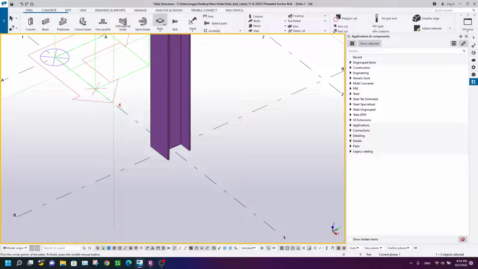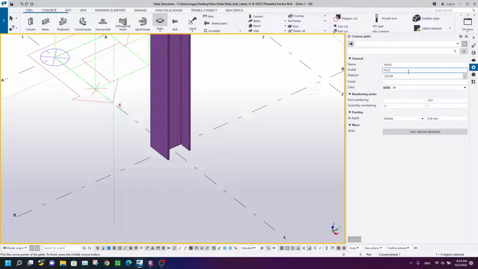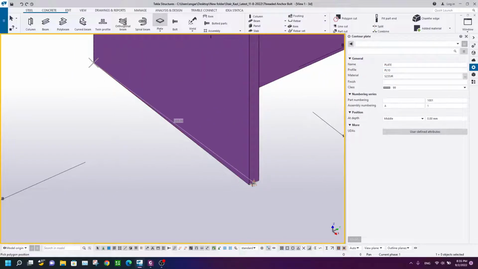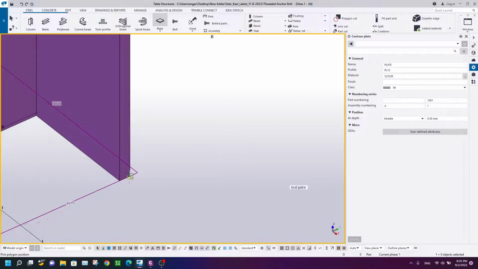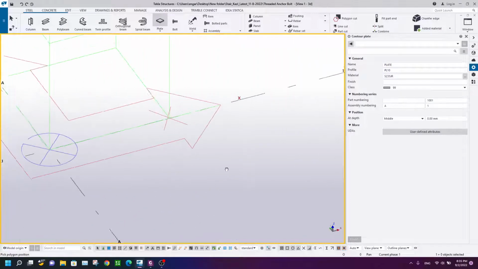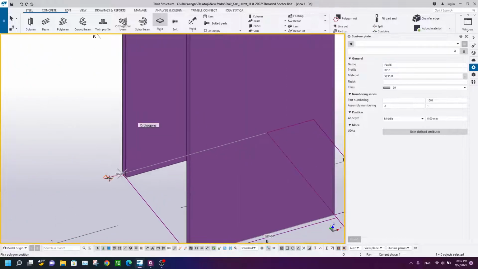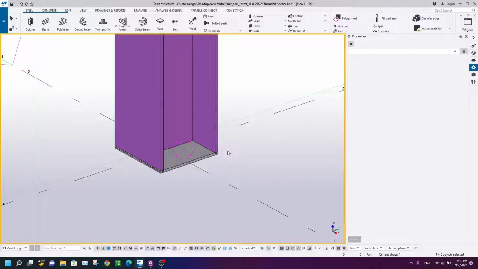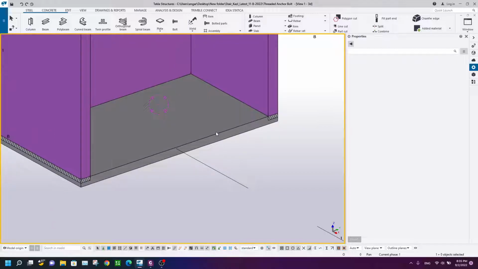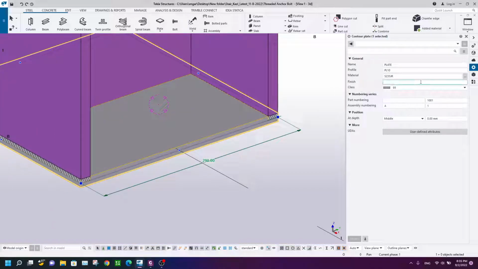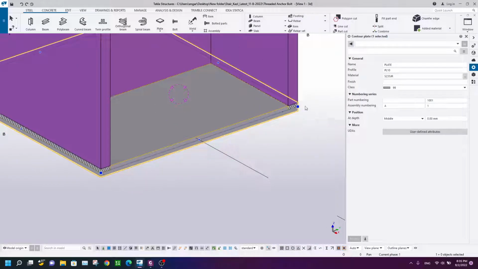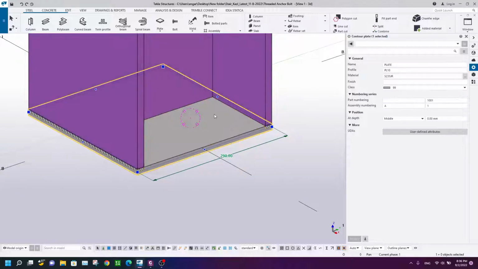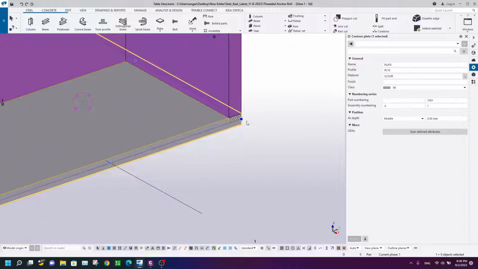Go to the Steel tab and Plate. I will use plate 10, for example. Good. By selecting the corners of the column, then I will change the size. So as you see, it is modeled at the middle. The position is at the middle, at the depth. You should choose if your base plate is on ground, I mean, the base plate is on elevation of 0. So it should be at